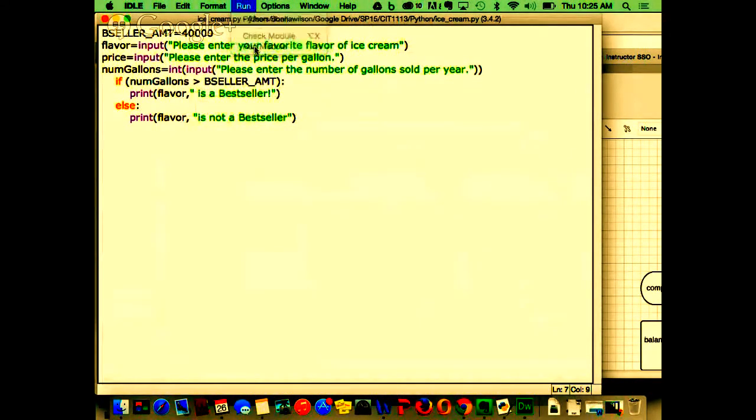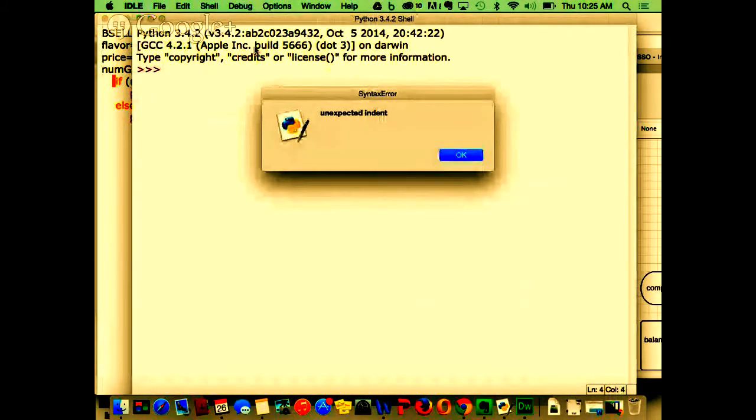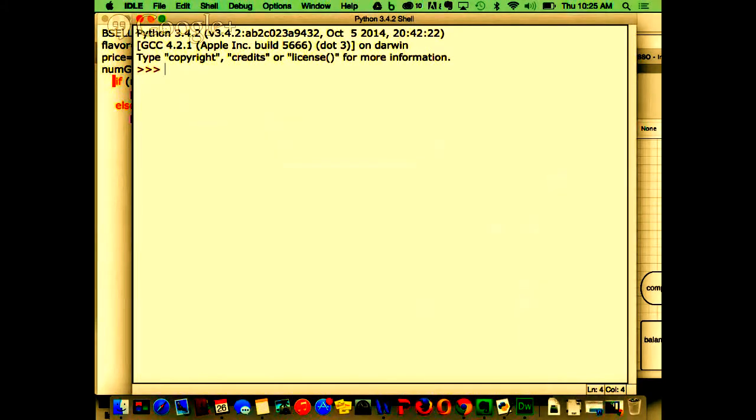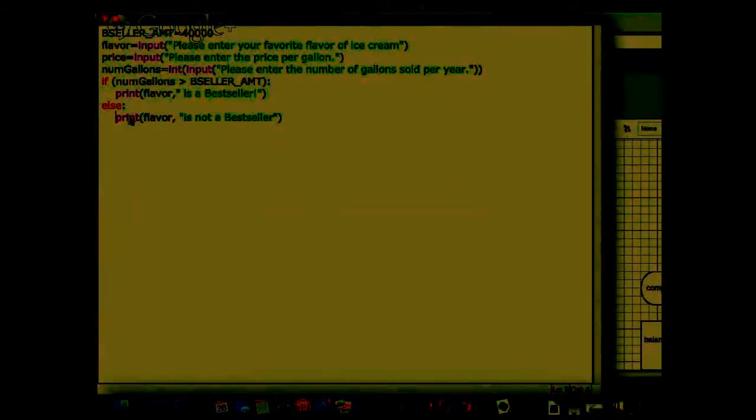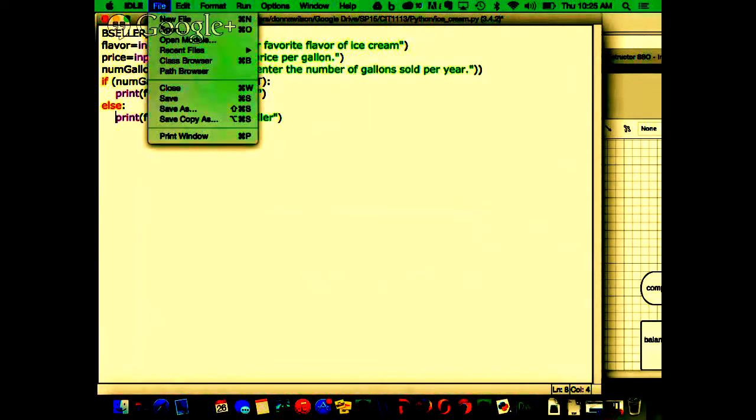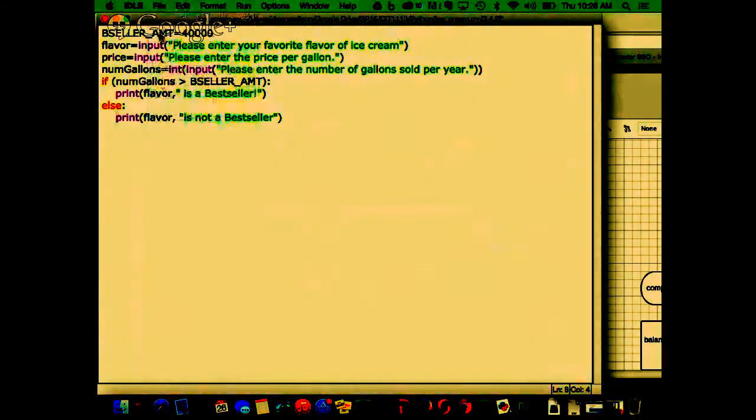Run module. Unexpected indent. That's what I always mess up on. It doesn't like the, okay, so the first time it doesn't need to be indented, I guess. Is that what it's saying? What about this? I've never had a language that was picky about that. It's usually for readability.